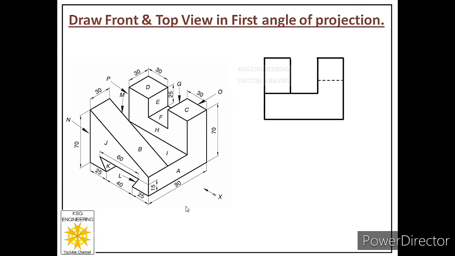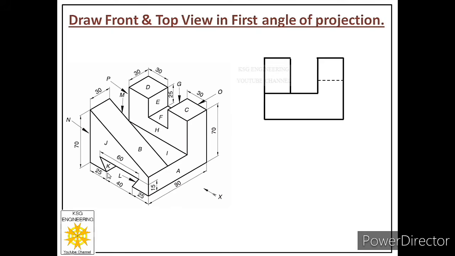Now when you will look at face K from front, you cannot see this dimension as height. You will see this perpendicular as height for face K. So how much is this perpendicular for face K? It is given over here. It is 15 millimeters. So how to plot face K? Rules are again same. See the points. How many points are visible? 2 points are visible. So let us pick one point and locate that point in the front view.